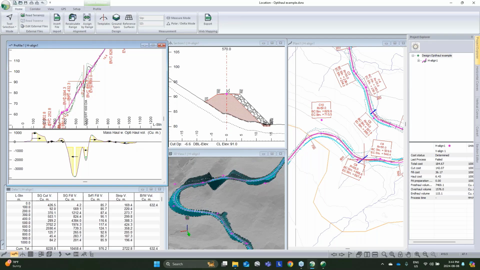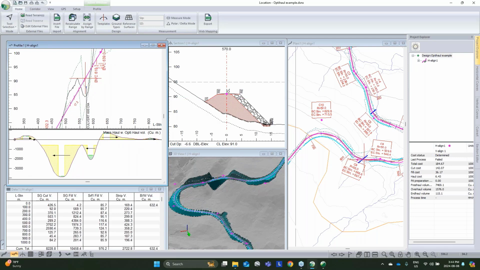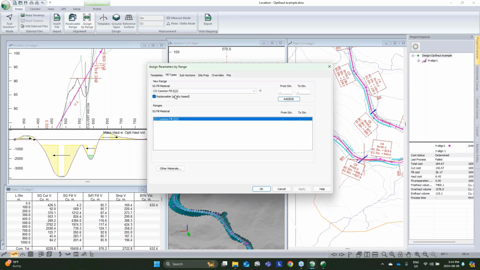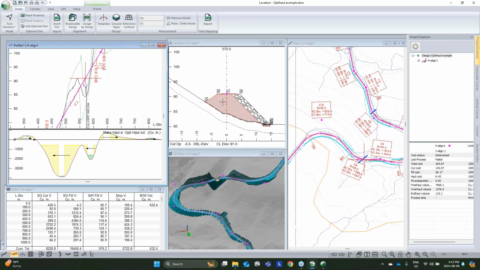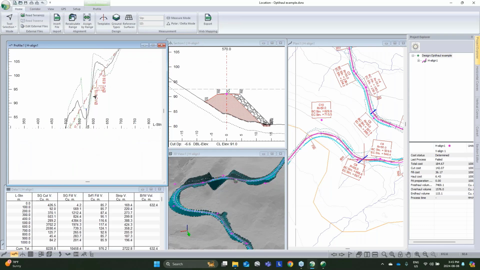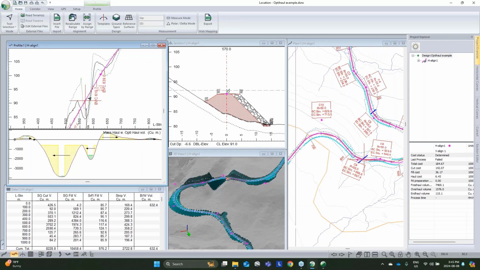Well, when we use the Opti-Haul volumes, it's actually accounting for the fact that I've said that this fill type is replaceable. So as long as the cut material that we're working with is Q2 or better, where Q1 would be our worst material, so I can't use any old garbage, we can use it there. So this fill in our prism probably isn't just one material, it's going to be a mixture of the materials